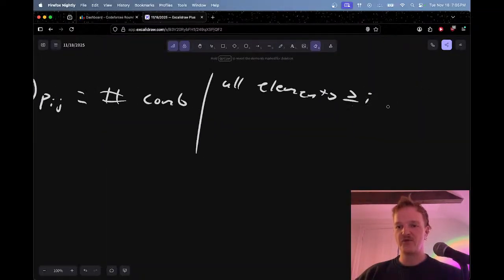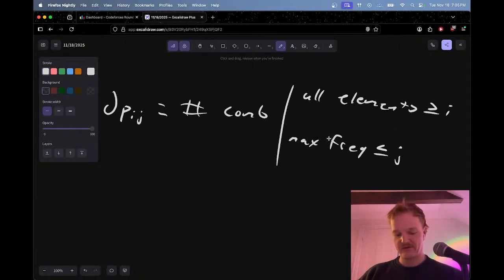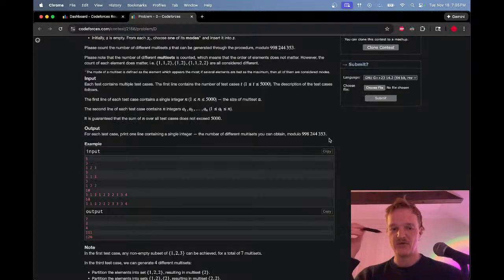So you're looking at this point forward, and the maximum frequency is less than or equal to J. You could have something like this, and then you could just parse the array. You could sort the array and then parse it from smallest to largest. So right here you could say, how many ways are there to have like 4 ones? If there's 4 ones,